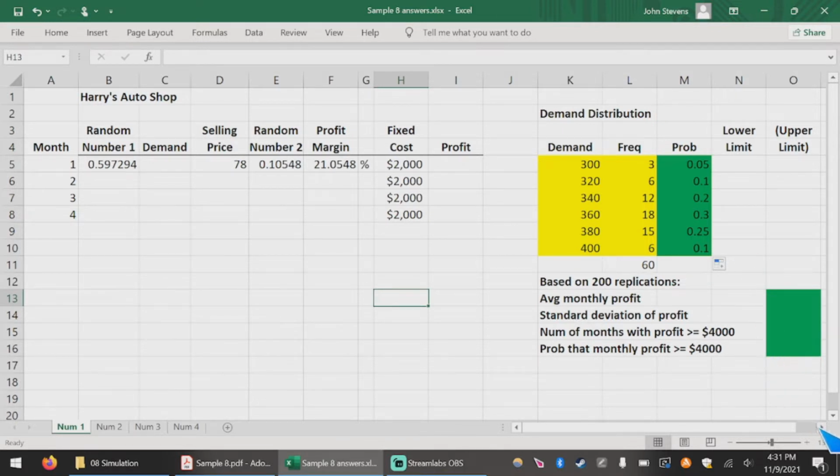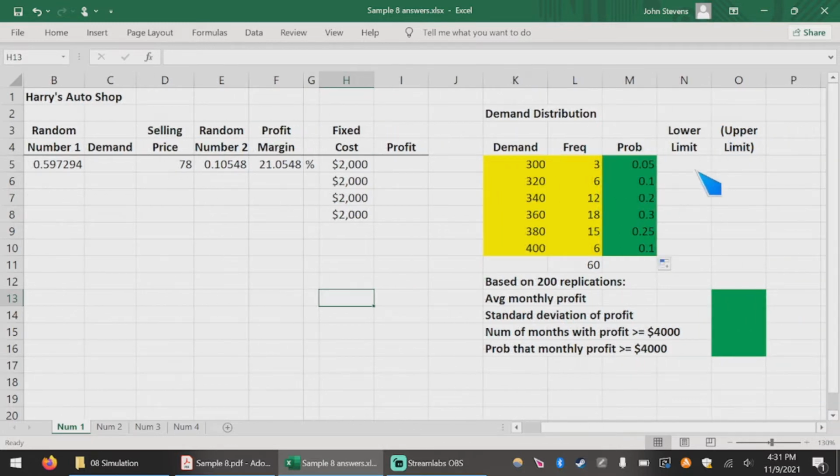So if I think about the range of the probabilities from 0 to 1 that should return to me these different demand values, the lower end of the first one starts at 0, and I'm going to manually put it in for us to get used to it,